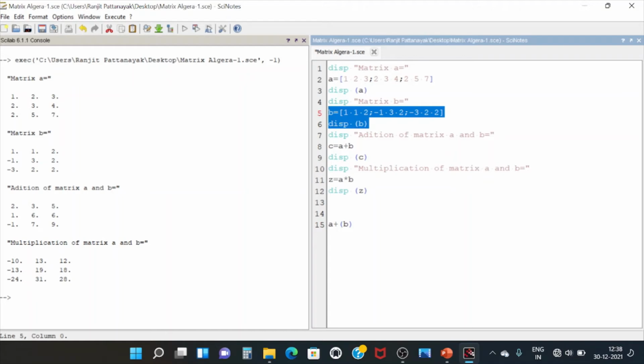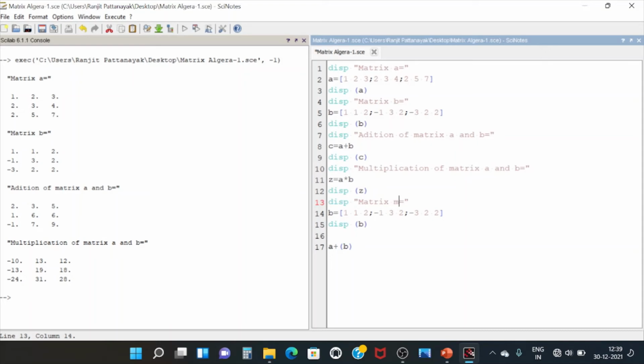So here I am going to write. Here I have written, suppose display matrix M. M is another matrix, and here I have to write the small m. M is the matrix, suppose minus 1, and I changed the values somewhat.